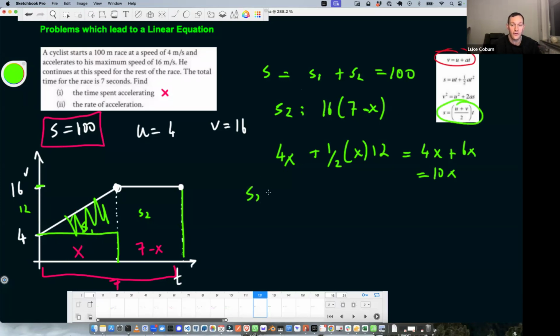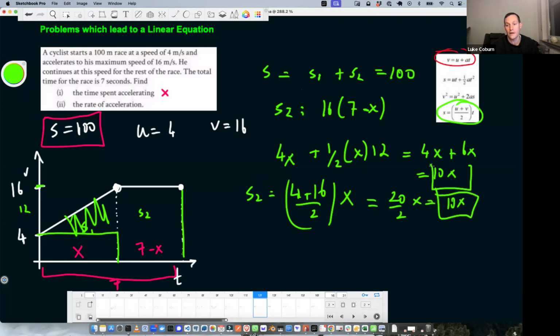So S1 is equal to u plus v, 4 plus 16, over 2 times the time t, which is x, which is the same as 20 over 2 times x, which is 10x. Okay, so we get it in the same way. So S1 is equal to 10x, and S2 is equal to 16 times 7 minus x, and then that's equal to